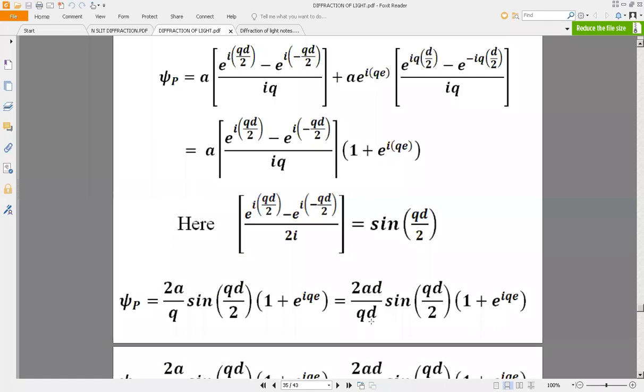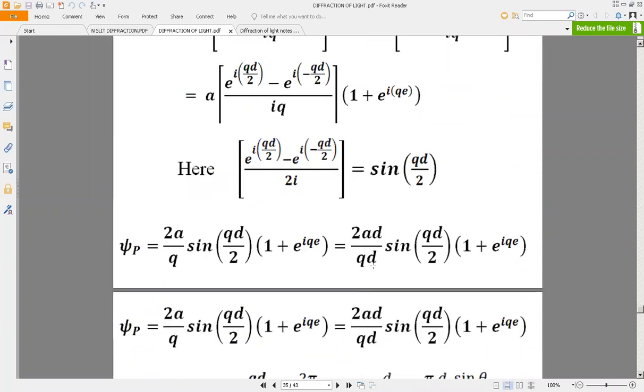So this 2, if you pull it to the denominator, you write below this qd by 2. A_d, which we know, is capital A. Capital A is the total amplitude received at both the slits. In the earlier case, I said one slit. Now I'll say the total amplitude received at both the slits. That is what you call this small a_d, which I'll be calling capital A. Right? For the time being, the same step I have copied here, thinking that it's a PowerPoint presentation.